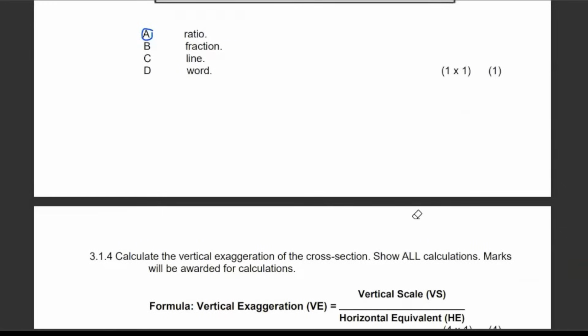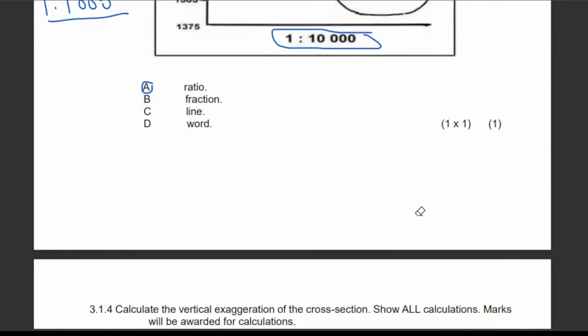So if we use the two scales, the vertical is 1:1000, divided by the horizontal scale, which is 1:10,000. So for this reason, if we had to use fraction scales, it means it's 1/1000 divided by